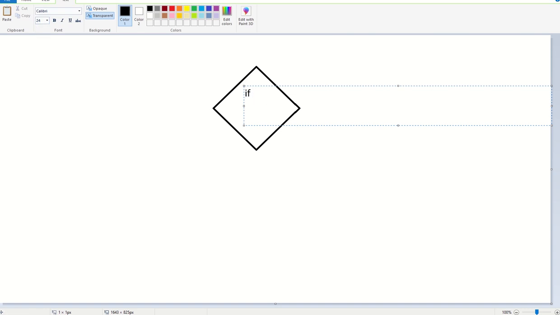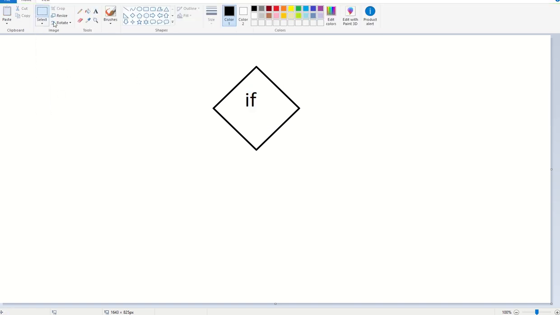If, it's all small letters, let's just make it large, so it's fine with us. Okay, so this is the if statement. Let me just center it here in the middle. So now we're going to go to the brush. If statement true,